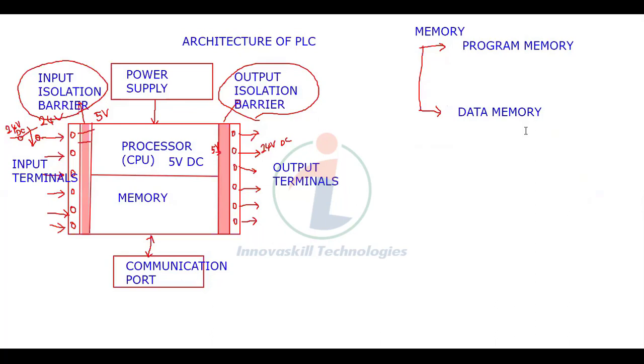And in the programs, we will be having some input and output, whether the input is on or whether the input is off, like that. Input and output status will be stored in data memory. So programs will be stored and executed in program memory. Data will be stored and updated in data memory. In data memory only, the input and output status will be available. If we want to know the status of that data memory, we have to access that particular data memory's address only.